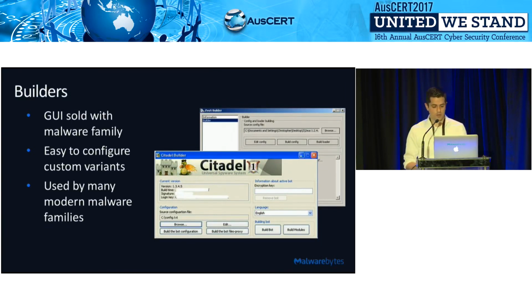So the important point to make here, beyond this builder tool being a way that malicious attackers or would-be malicious attackers can perform criminal activity, is that we're now dealing with criminal enterprises. We're no longer dealing with hacktivists.